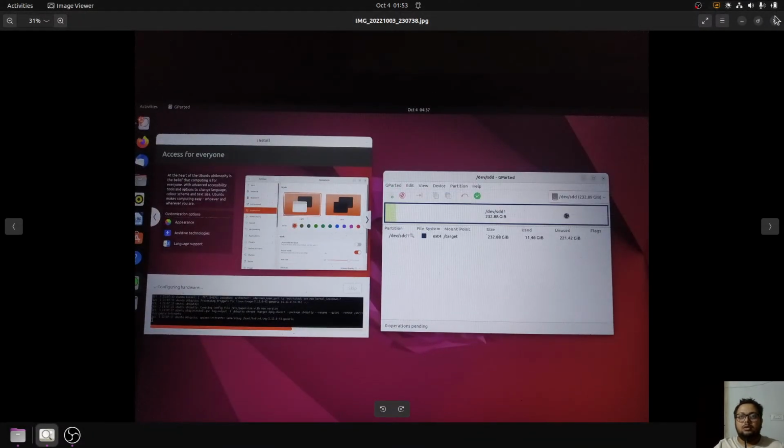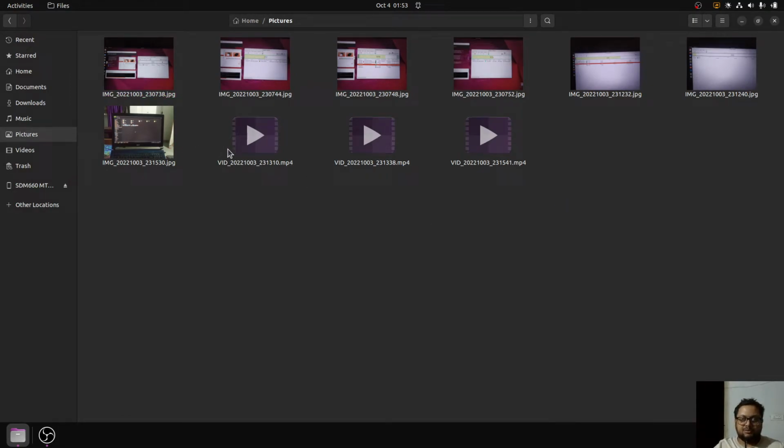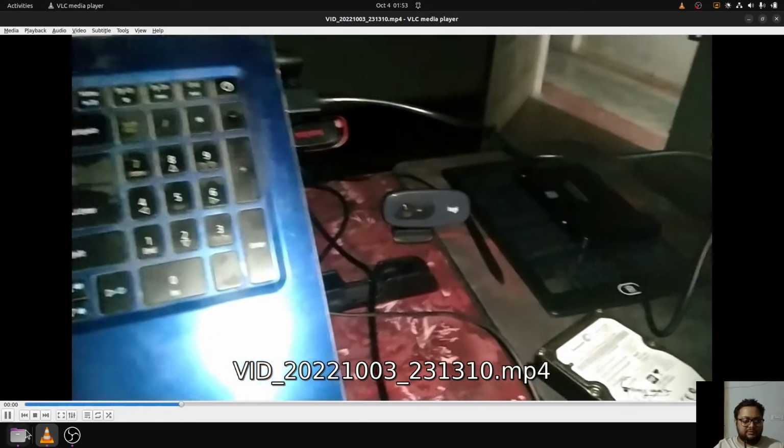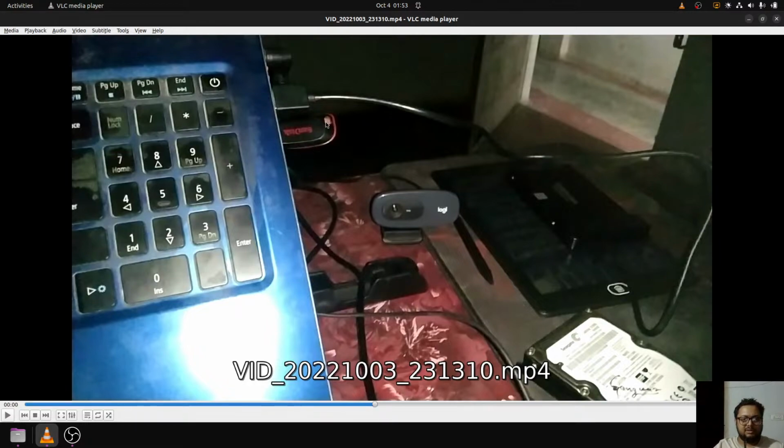Now I have a few videos to show you too. So the first video is just a small clip, as you can see. So this is the SSD. This is the SSD that's connected via the cable. This is the internal SSD. I just bought an